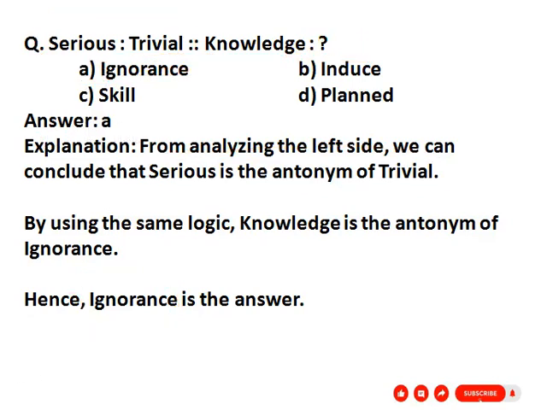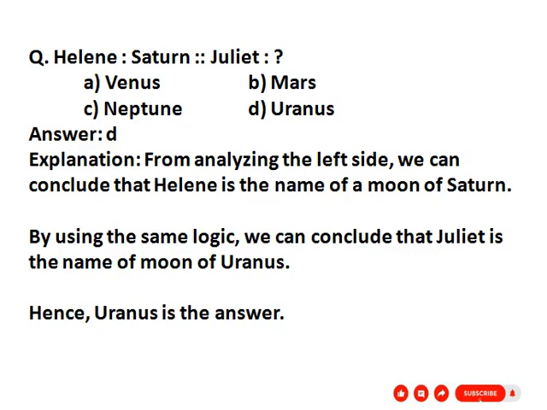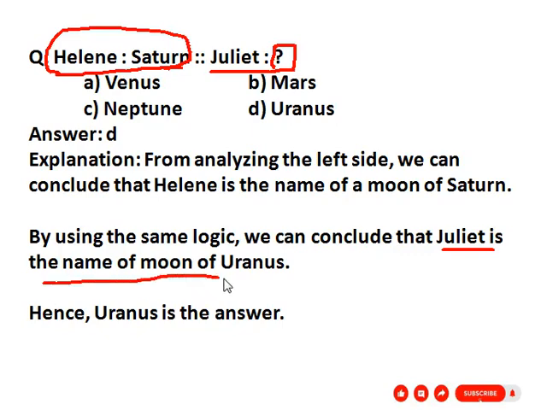Our next question is Helen, Satan, Juliet, question mark. So in the first group, given Helen and Satan, we know that Helen is a moon of Saturn. So Juliet is whose moon? See here, Juliet is the name of a moon of Uranus. Juliet is a moon of